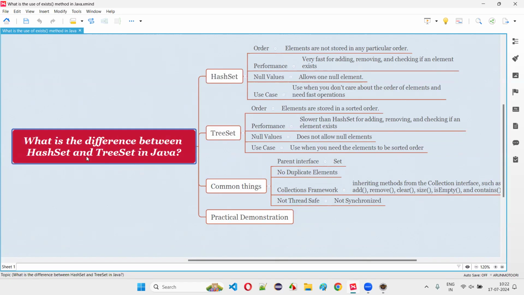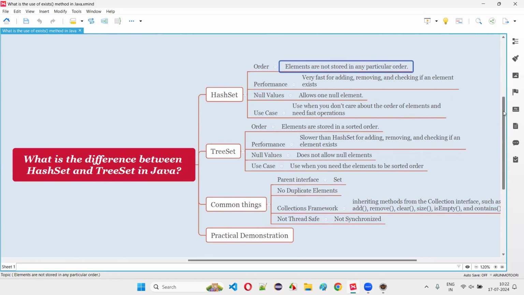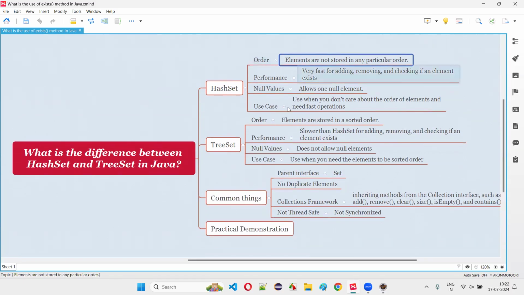Now let's understand the differences between HashSet and TreeSet. Coming to the HashSet, what are the differences we have? The name Set sounds the same, but here HashSet is there, here TreeSet is there. In the HashSet, the elements are not stored in a particular order, whereas inside the TreeSet, the elements are stored in a sorted order. Whatever elements you add to the TreeSet will be automatically